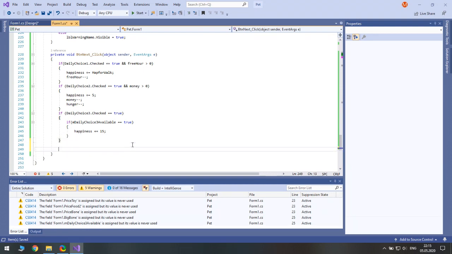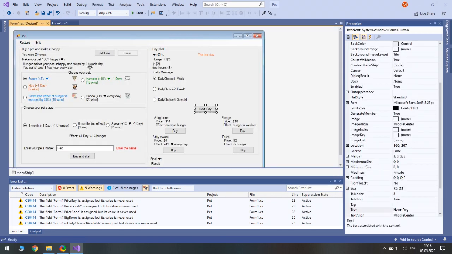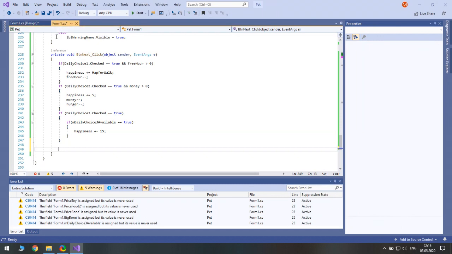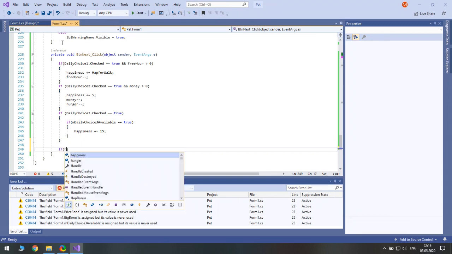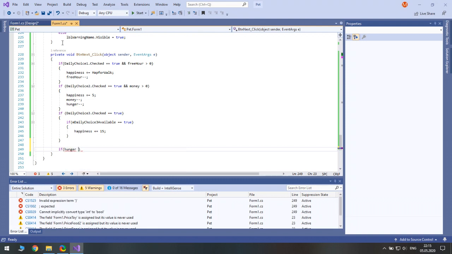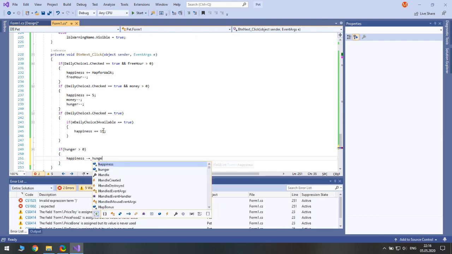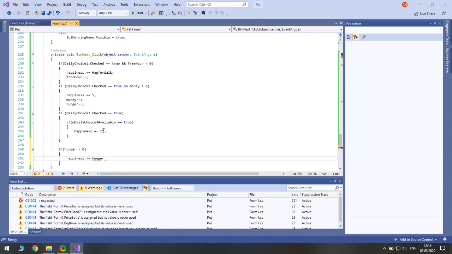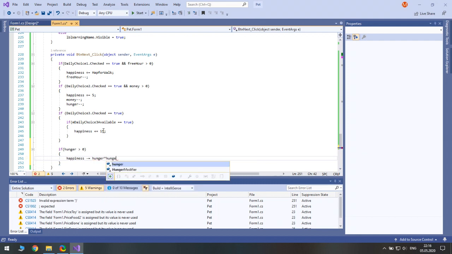Next we need to decrease our happiness by the number of its value. Well, and we also need to multiply it by the hunger modifier. So if hunger is greater than 0, we decrease our happiness, so happiness minus equals hunger modified by hunger modifier.